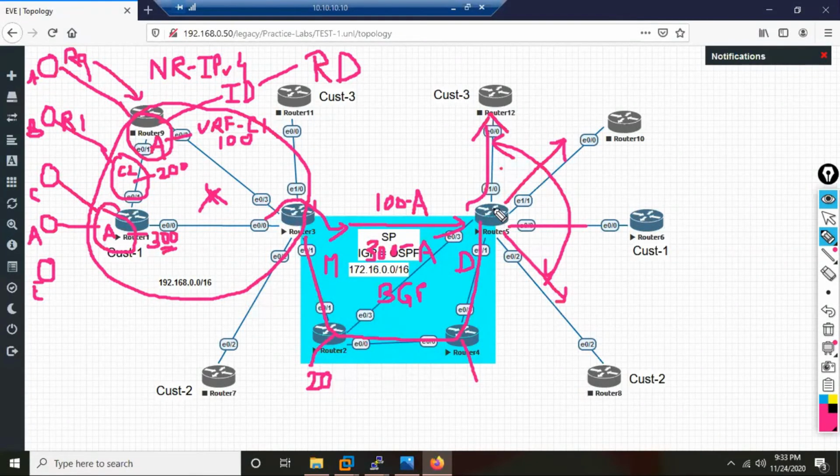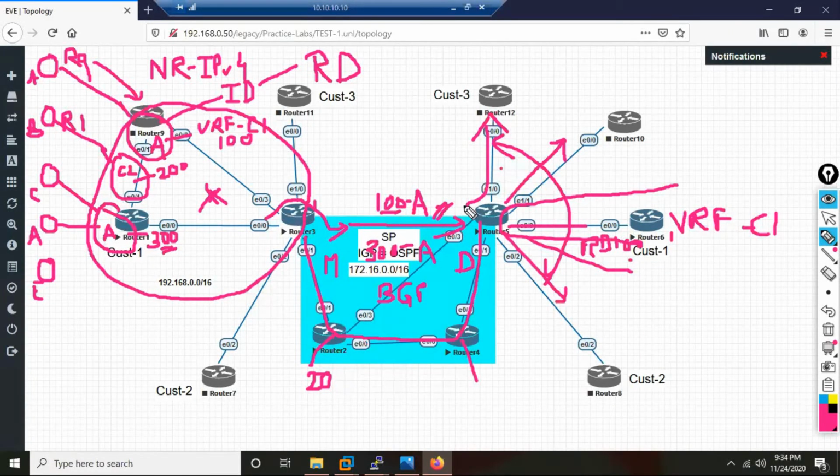So based on this, R5 will say, okay, this is route A, 10.1.1.0/24. Okay, whom should I send it to? Oh, it has RD 100. So let me see. It will check its own VRFs. Do I have a VRF whose RD is 100? Yes. Let's say this customer's RD is 100. This is VRF C1, and for this RD 100.